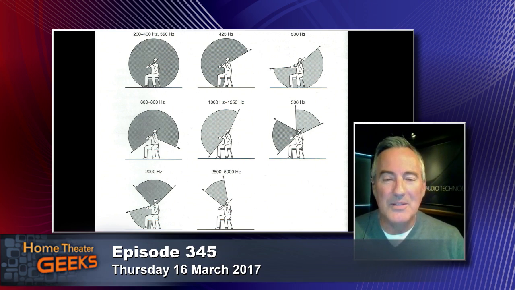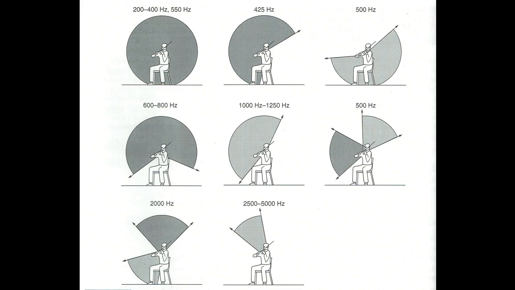Now, as we increase the frequency of the sound reproduced, the physical dimensions of the loudspeaker or violin start to dictate where the sound goes. And you can see in the lower right graphic, the high frequency content coming off the violin, 2500 to 5000, largely radiates perpendicularly off of the soundboard of the violin. So imagine the complexity in this situation, because where do you put the microphone? Exactly. And again, we can't control that, but if somebody did put a microphone above the violin,